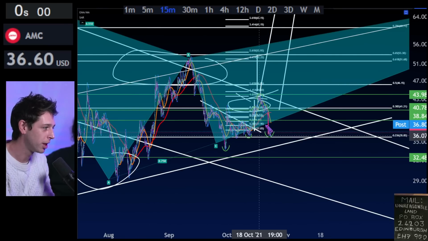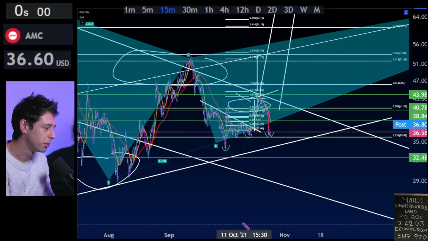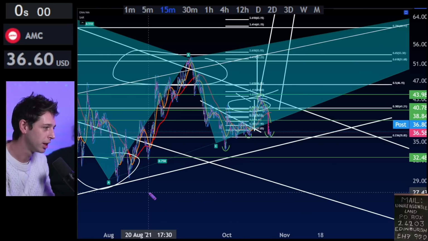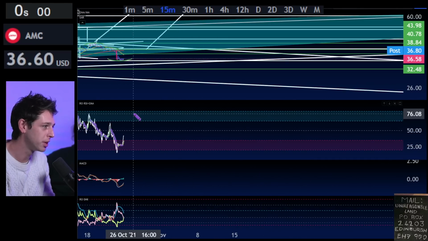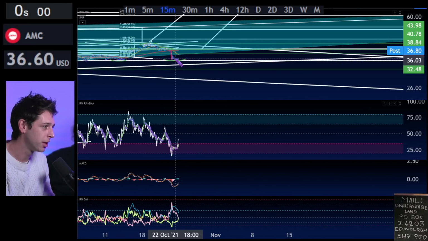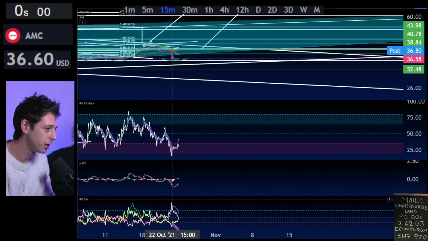And you can see that we're perhaps in a slightly bigger formation than these little ones we've drawn on, with these upward sloping demand and supply lines straddling the most recent highs and lows as you see them here. And as Rocky says, let's turn on those indicators and see what price action has been saying. Well, you have had an upturn on your RSI as price action has continued lower here. There is something to be said about that, yet we have to break significant levels on the horizontals before you get there. We've got a positive sign on the MACD, and we're about to see perhaps a positive sign on